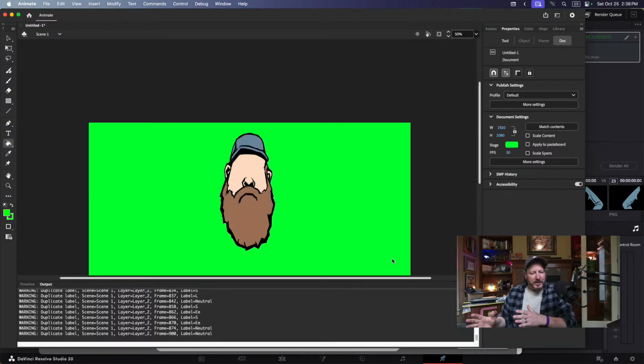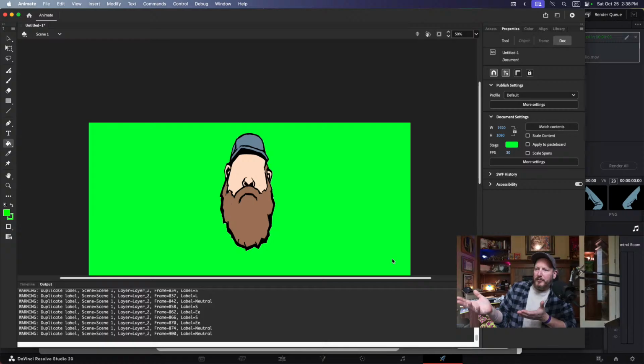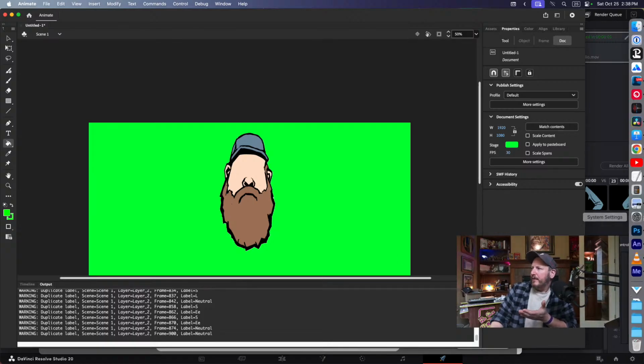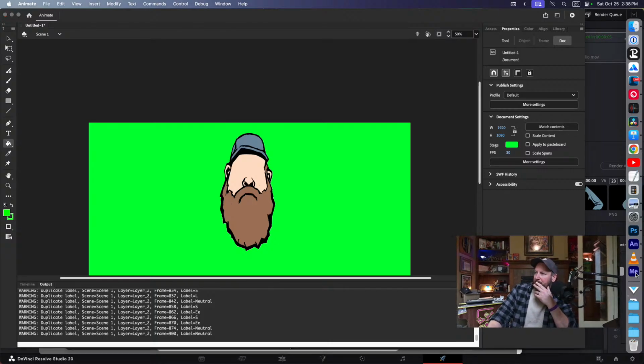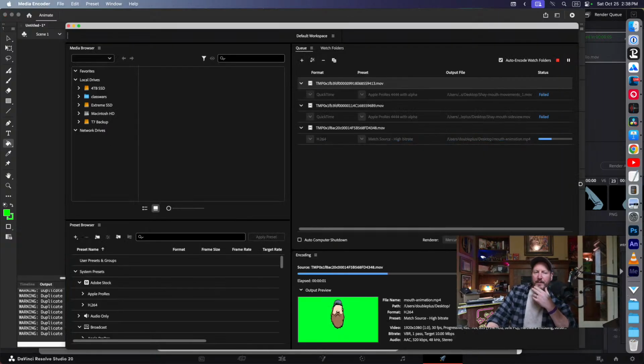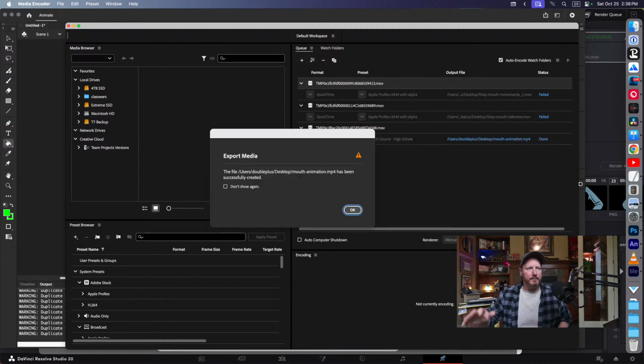So it's going to run through that, create a shockwave file. And then once it's done with the shockwave file, it's going to go into Adobe Media Encoder, which probably is already opened up. Has it already opened up? It did. Did it freeze? I wonder if it froze. Hang on. There it is. So now it's running through Adobe Media Encoder, and now that's done. We're done. We did it.